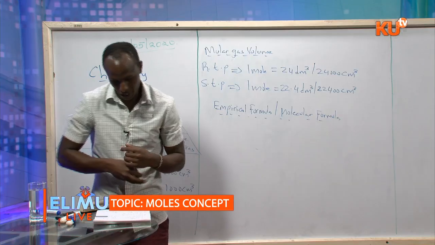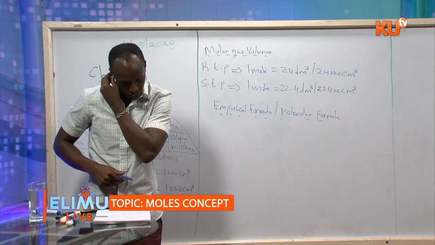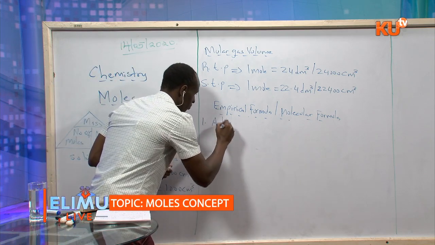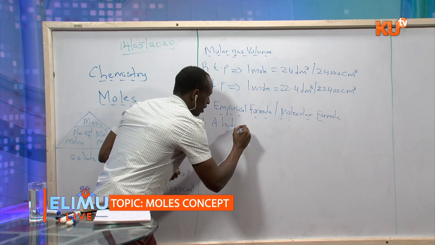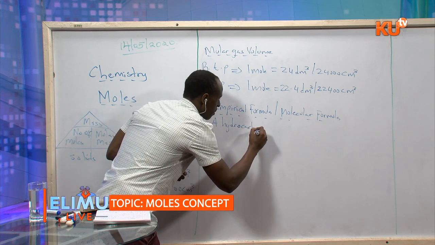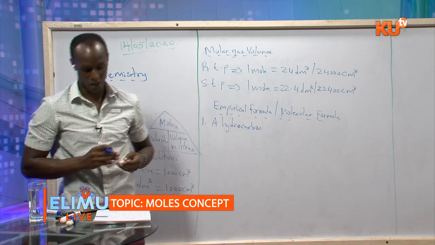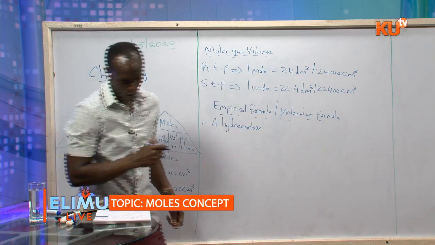I have here a past KCSE question which was carrying 3 marks. It says a hydrocarbon. Hydrocarbon means it's made of hydrogen and carbon. It's an organic compound. Contains